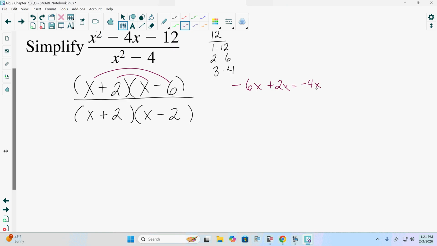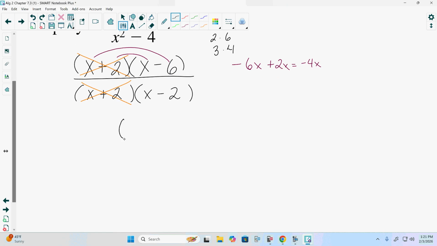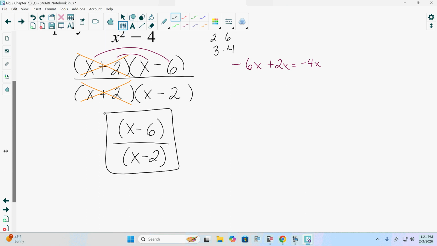So these are the correct factors, which means what? X plus 2 and x plus 2 are now in common on top and bottom. They would both simplify out. And it would reduce to this here. Now again, we can't simplify the 6 and 2 as much as we would like to, because that